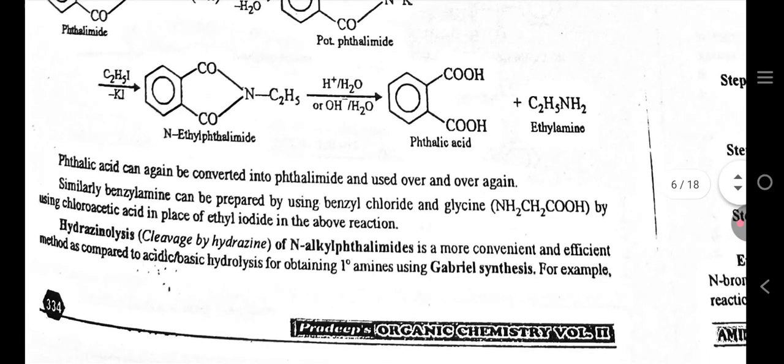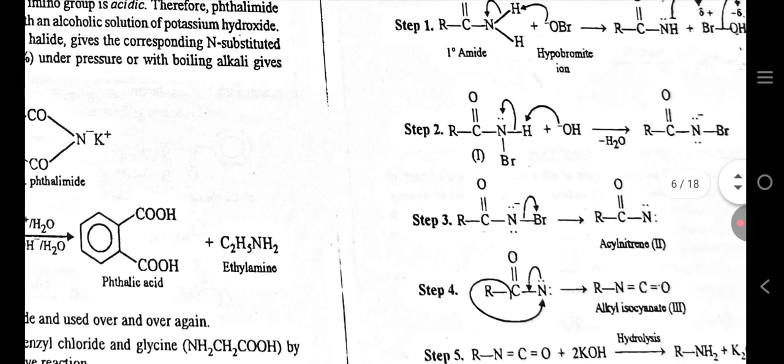Phthalic acid can again be converted into phthalimide and used over and over again. Similarly, benzylamine can be prepared by using benzyl chloride, and glycine by using chloroacetic acid in place of ethyl iodide in the above reaction. Hydrogenolysis of N-alkyl phthalimides is a more convenient and efficient method as compared to acidic or basic hydrolysis for obtaining primary amines using Gabriel synthesis. For example,